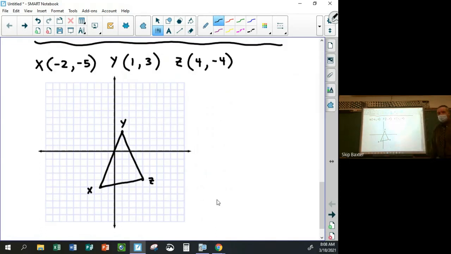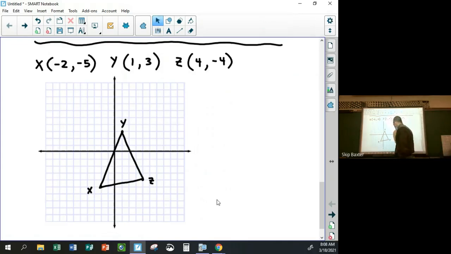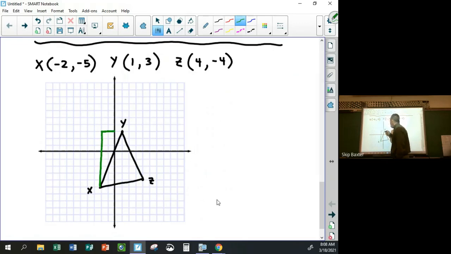So same process. I'm going to enclose the triangle with a rectangle, and this will always be possible. Close this rectangle with a triangle, or triangle with a rectangle. And the area I'm looking for is just going to be the area